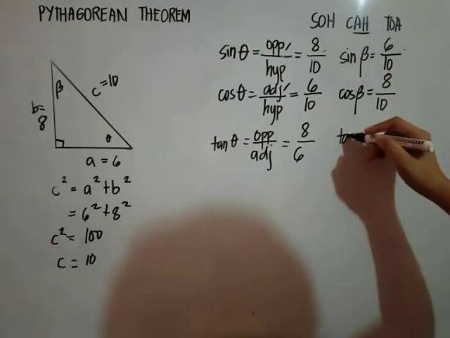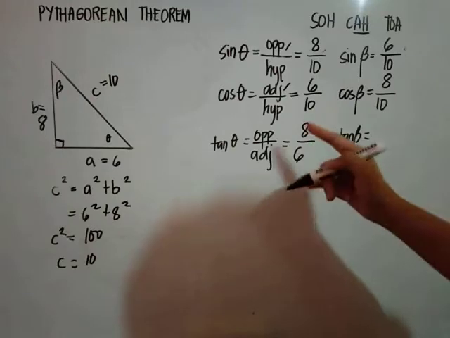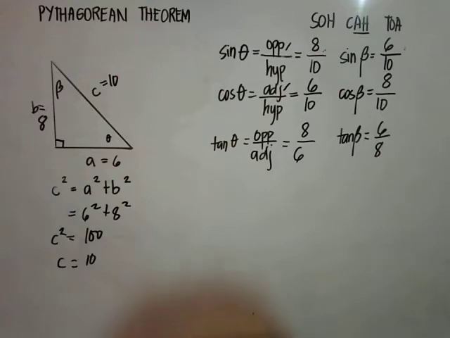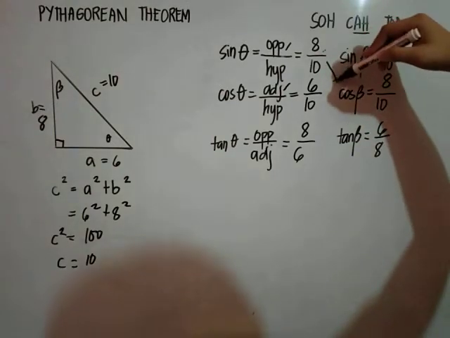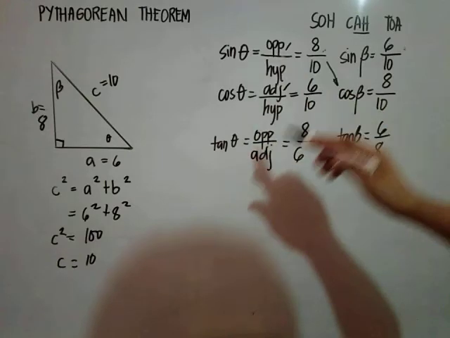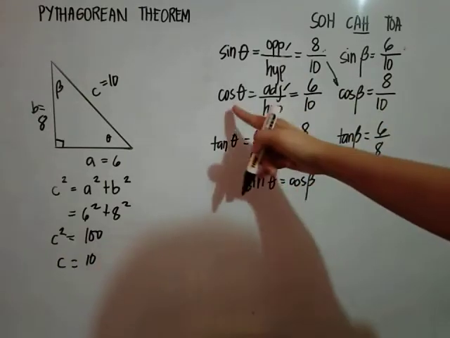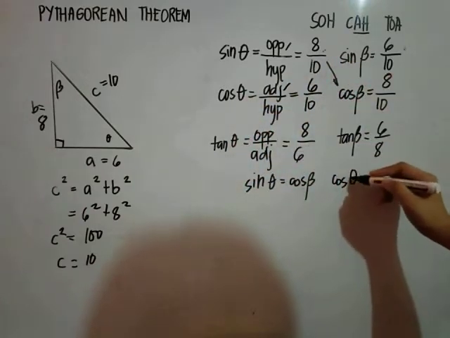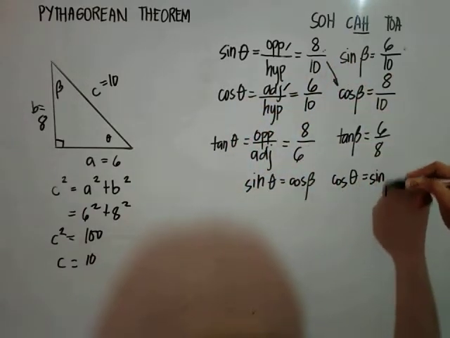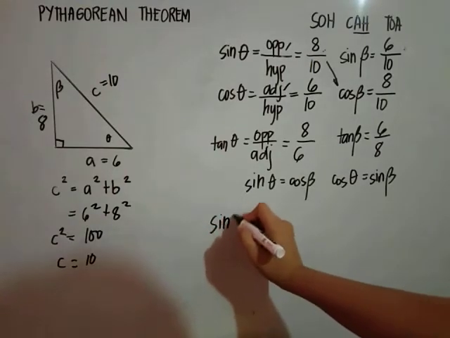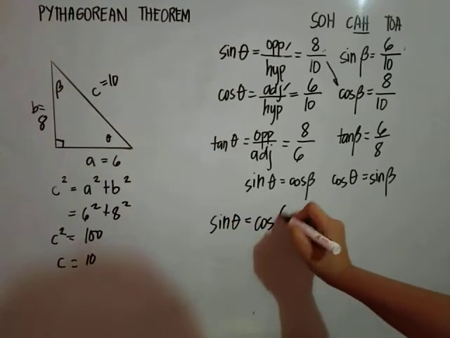So, we have, for the tangent beta, the opposite side is 6 over the adjacent, which is 8. So, kung mapapansin nyo, equal yung value niya: yung sine theta equal kay cosine beta. And then, si cosine theta naman is equal kay sine beta. So, may encounter kayong mga formula sa trigonometry na wherein sine theta is also equal to cosine